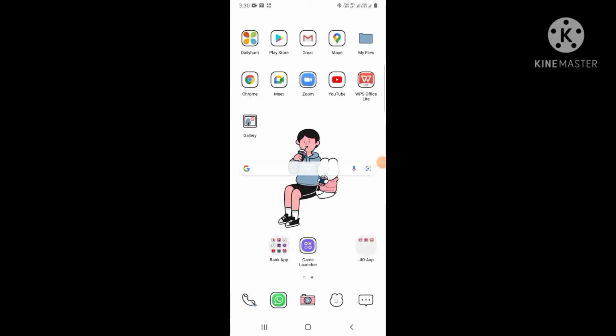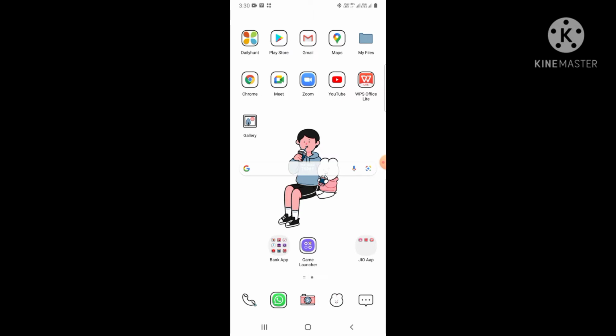Welcome all. In this video, I am going to show you how the same screen of mobile can be used for viewing two different apps. One can be the video and the other one can be something like WhatsApp or Zoom app, Google Meet, or we can browse something from the net, like we can open a browser. So that is what I am going to show you.